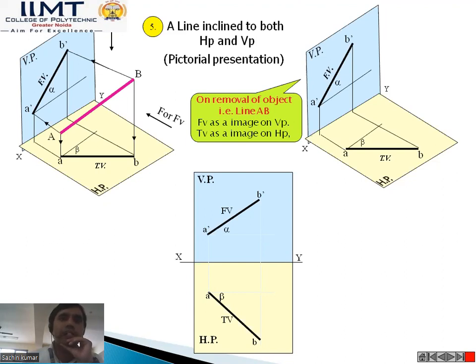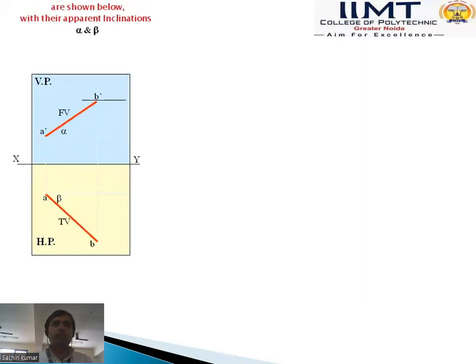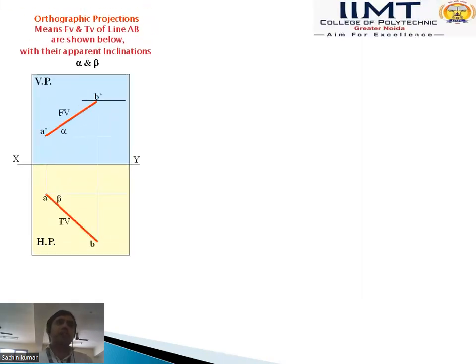So A dash B dash and AB are the orthographic projections of a line, and we can say that the line is shorter than the true length. How to solve that problem we will discuss in the next slide. Then A dash B dash is the front view of the object. A dash B dash is the front view of a line inclined to both the planes and inclined to HP, and also